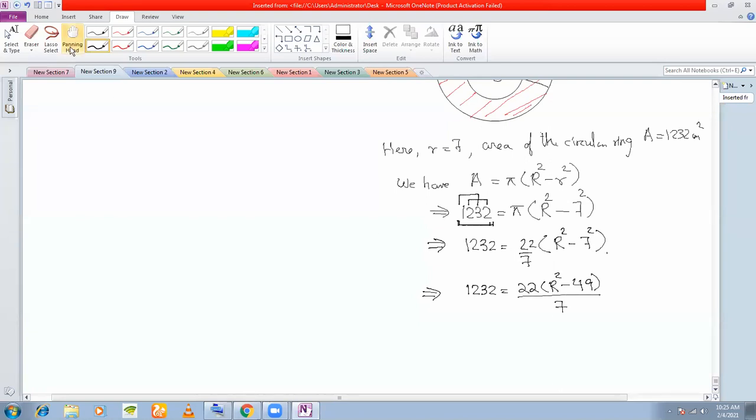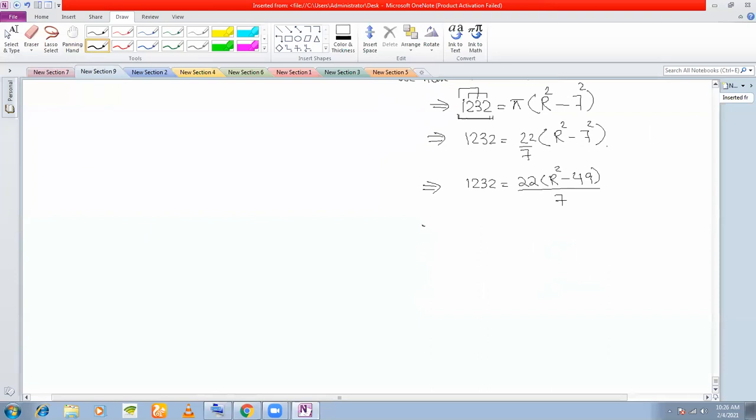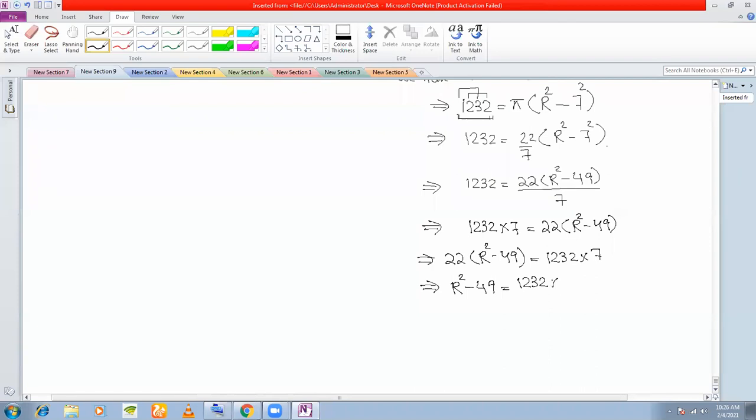Now you can cross multiply. 1232 into 7 must be equal to 22 times R square minus 49. That means 22 times R square minus 49 must be equal to 1232 into 7. That means R square minus 49 is equal to 1232 into 7